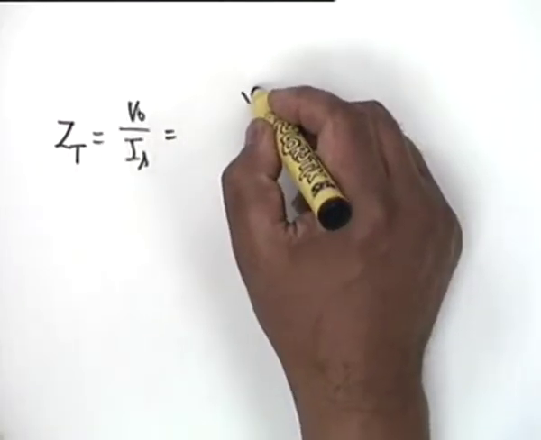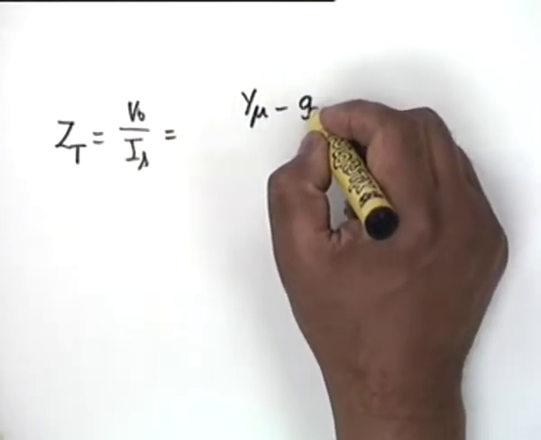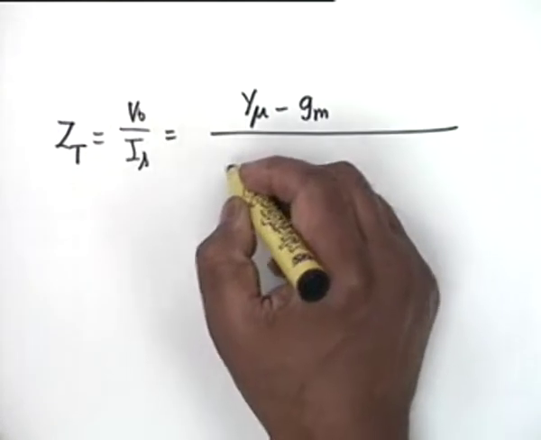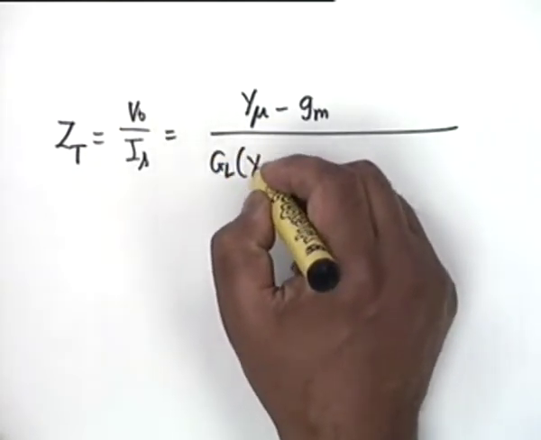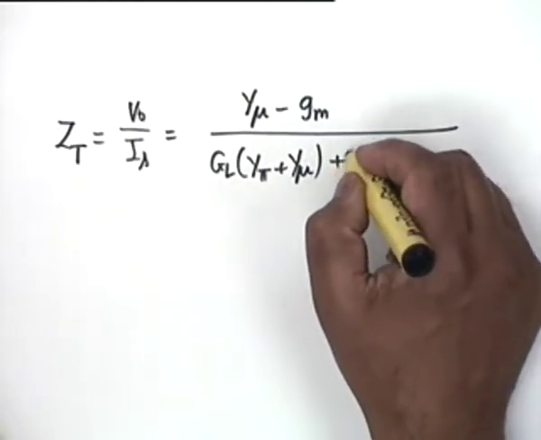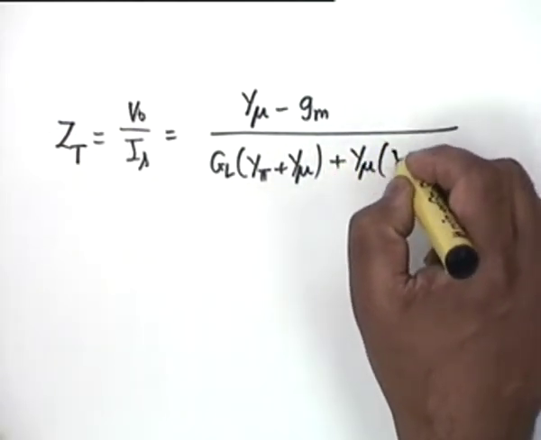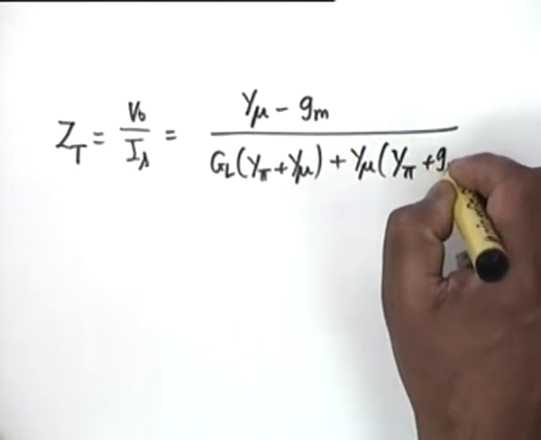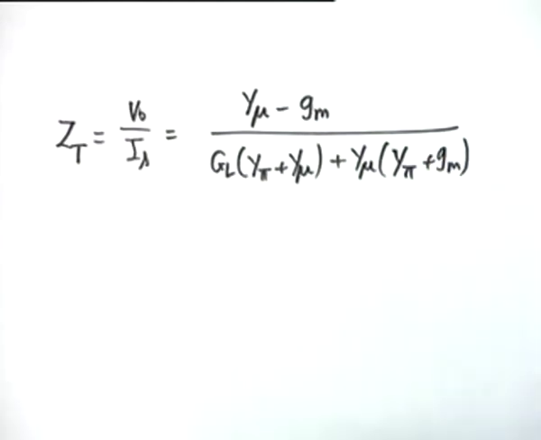This becomes, if I solve this, (Y pi minus GM) divided by (GL Y pi plus Y mu times (Y pi plus GM)). I am omitting these algebraic steps. There is a negative sign here. Obviously, since Y mu